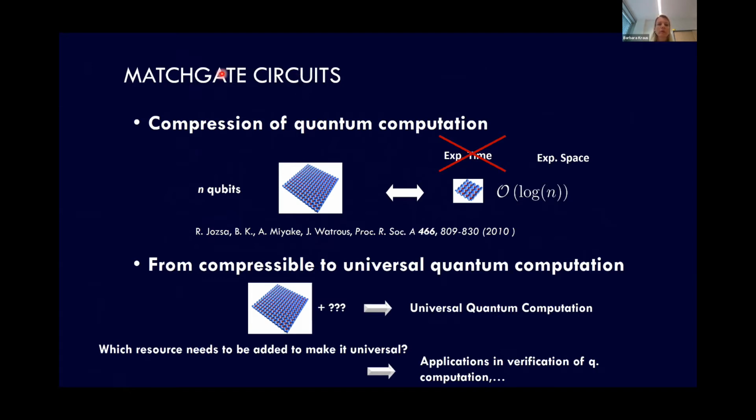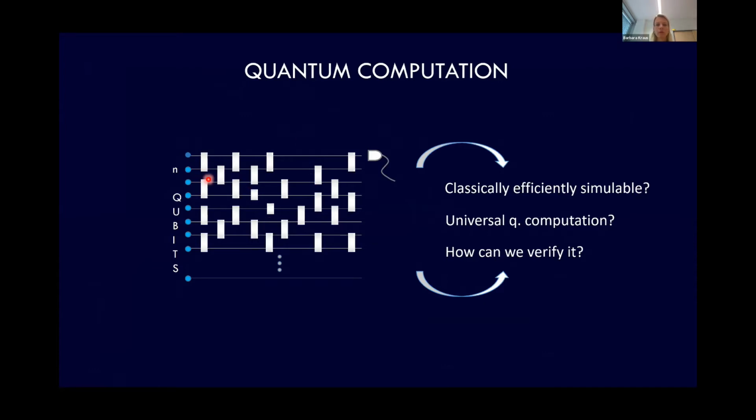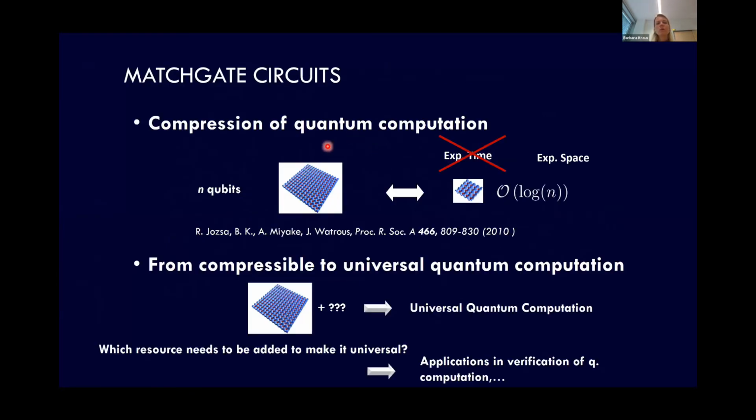Another interesting thing about these match gates is that, on the one hand, they are classically efficiently simulatable. So if you have a circuit where you only apply these kind of gates, then the output that you obtain here, you can also obtain on a classical computer efficiently. Furthermore, for these match gates, you can show that not only can you simulate them classically efficiently, but actually you can compress them into an exponentially smaller quantum computer. What I mean is that if I have here a computation that is consisting only of match gates and it's running on n qubits, then I can carry out exactly the same computation on an exponentially smaller computer, so just having log n qubits in basically the same time and obtaining the same outcome.